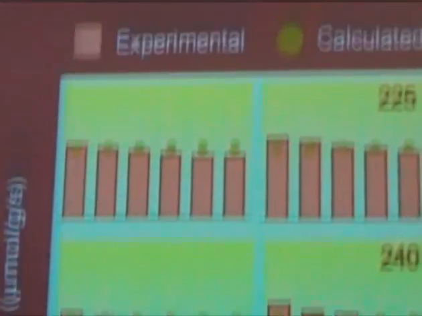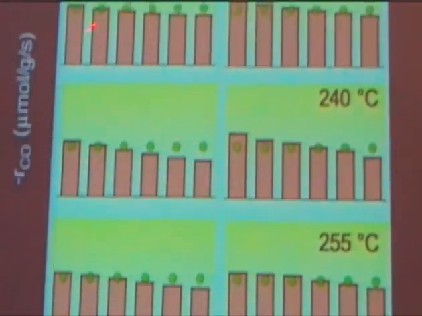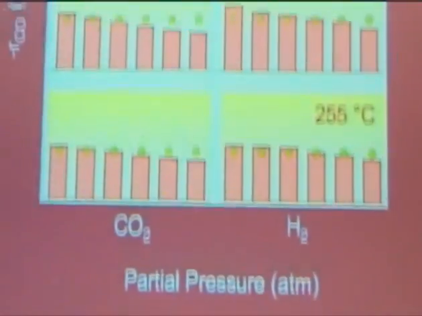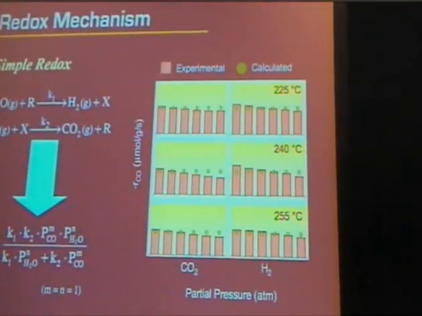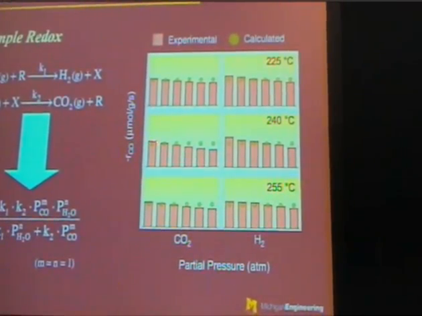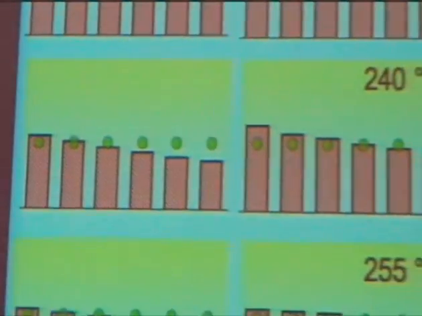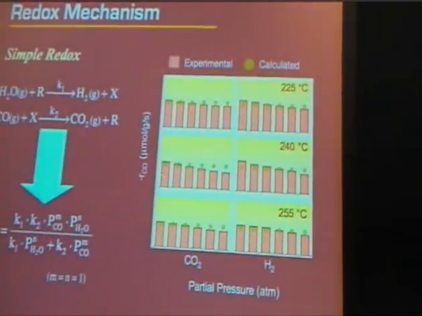However, when we fit the data to the model, here the pink squares illustrate the experimental result, and the green circles are the calculated result. If you look at the parity plot, the experimental data was not independent of the partial pressure of CO2 and hydrogen, which means